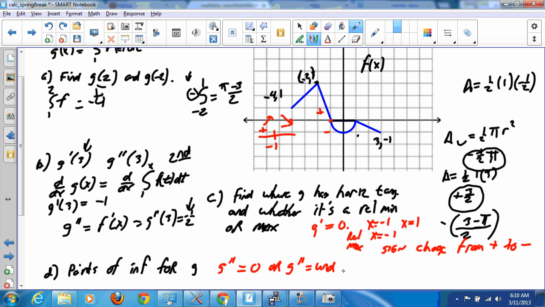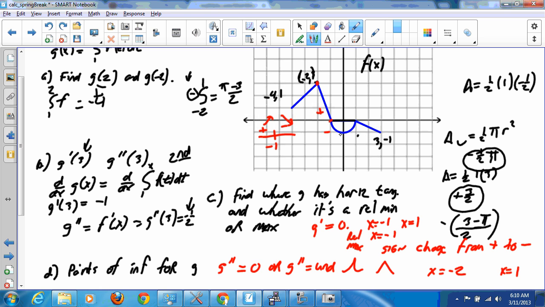And undefined, we talked about, would be where it has a cusp or some sort of sharp corner. Now it looks like it has a sharp corner here. So a possible point of inflection might be x equals negative 2, and it looks like another sharp corner at x equals 1,